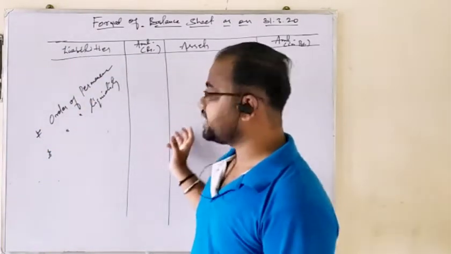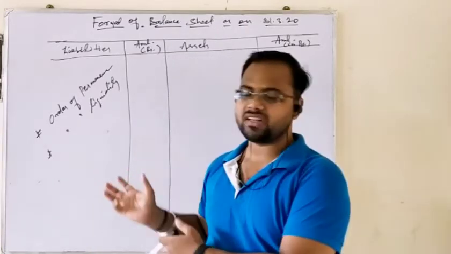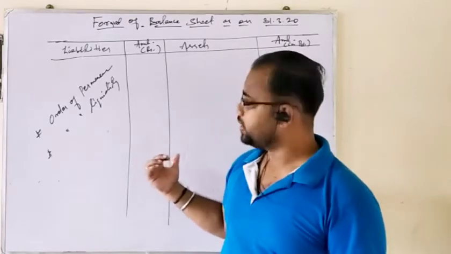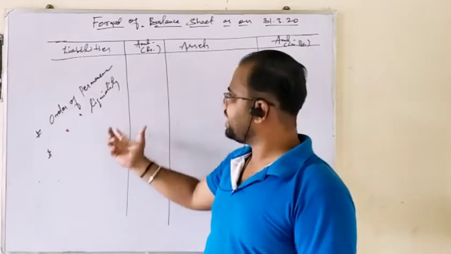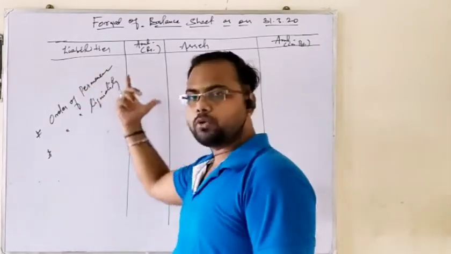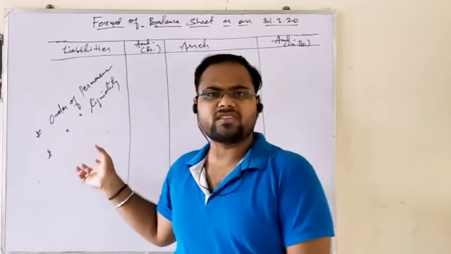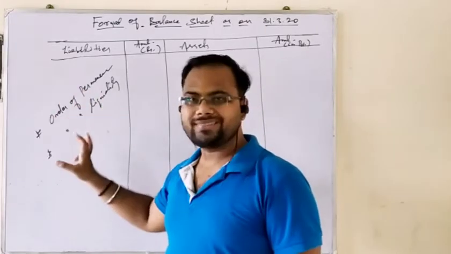I have told you that a balance sheet can be prepared in two orders. Order means the sequence of presenting the assets and liabilities in your balance sheet, the financial statement or position statement. So there are two ways of preparing a balance sheet for a business organization. First is the order of permanence, which I am going to discuss. Second is the order of liquidity. This will also be discussed, but it is not much different from this order. It is somehow the same.